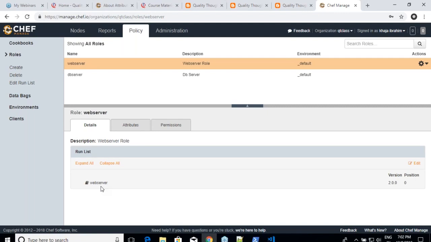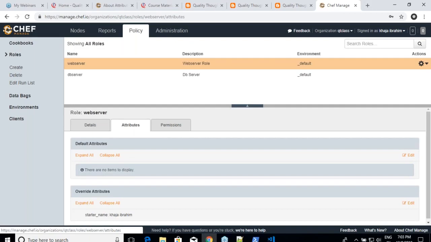right? If you want, you can edit the changes over here also. Okay, but I am not going to do that. From here you can manage anything, edit the run list, right? If you want to add some attributes over here, you can add attributes. As of now, there is only one attribute which you have by default carried over, which is called author name, but that's fine, whatever it is.